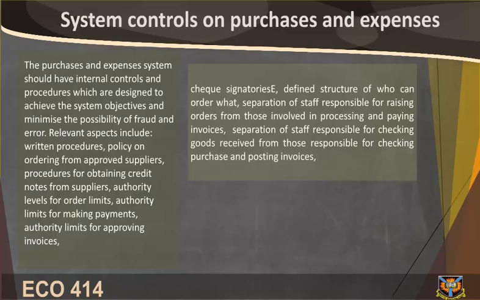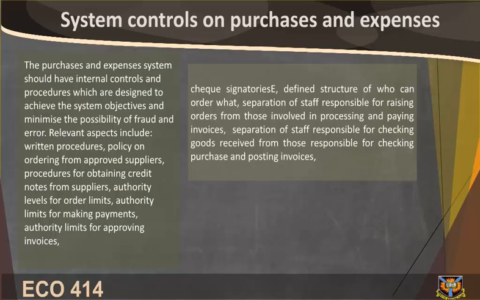System controls on purchases and expenses. The purchases and expenses system should have internal controls and procedures which are designed to achieve the system objectives and minimize the possibility of fraud and error. Relevant aspects include written procedures, policy on ordering from approved suppliers, procedures for obtaining credit notes from suppliers, authority levels for order limits, authority limits for making payments, authority limits for approving invoices, check signatories, defined structure of who can